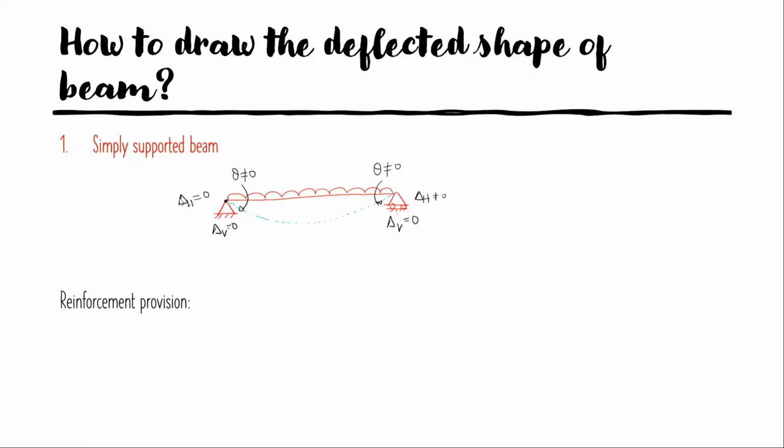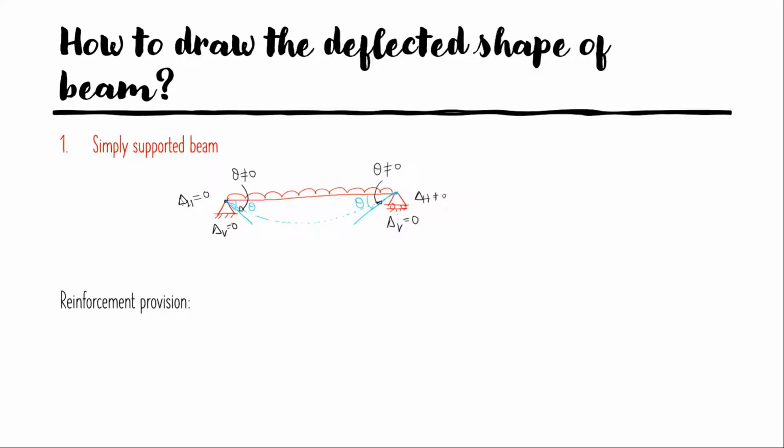Okay, so it is our deflected shape of the beam, because at this end if we make a tangent here, we can see the rotation is possible, but the displacement is 0 at this point. The slope is not 0, because if we make a tangent to it, it is making some angle with the horizontal. Similarly, at this end the deflection is 0, it's not moving upward or downward, but the slope, if we make a tangent to this point, is making an angle with the horizontal direction, so slope is possible here also.